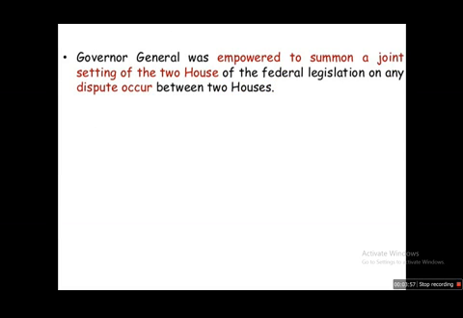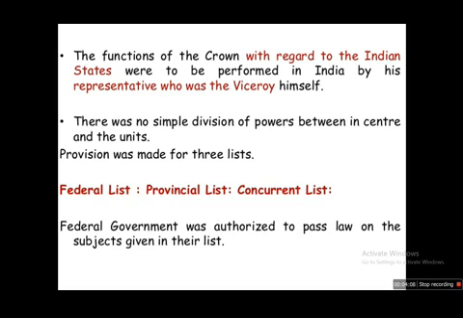The Governor General was empowered to summon a joint sitting of the two houses of the federal legislature on any dispute occurring between the two houses. The functions of the Crown with regard to the Indian states were to be performed in India by his representative, who was the Viceroy himself, and there was no simple division of powers between center and the units. Provision was made for 3 lists: federal list, provincial list, and